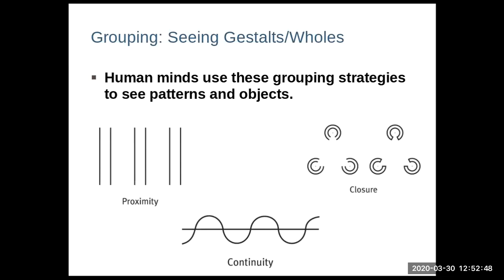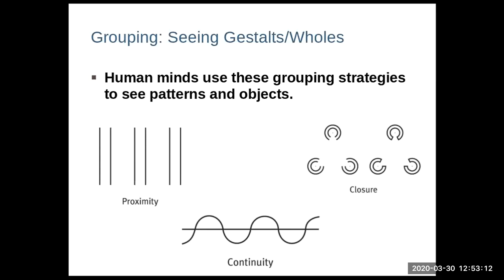On the right, you see that they're closed, so they kind of look like C's. And so you can still kind of faintly see the triangle in there, but it is not nearly as vivid because the shapes are closed off. So if the shapes are closed, we tend to see them more individually. If they're not closed, that's when we see something in the middle.